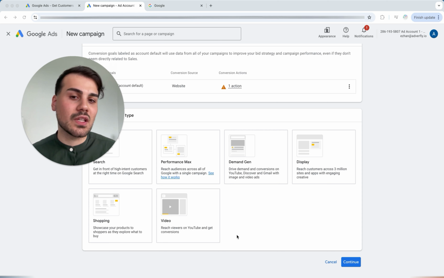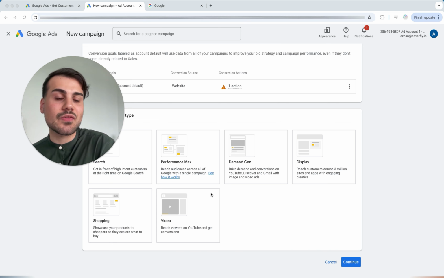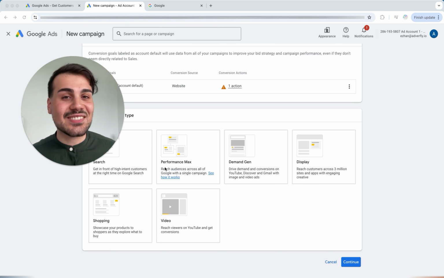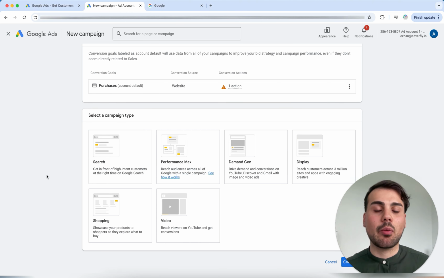And last but not least, we have a Performance Max campaign. Performance Max is not a separate type, but it is just a combination of all of them. That means that you give Google all the advertising materials, and Google itself takes care of all the placements, which channel gets what. It is more for the experts. Therefore, it is not recommended to use it for the start, because this type of campaign, Performance Max, needs data beforehand. So of course my recommendation is that you always, especially if it is the first campaign, start with a search campaign and then continue to expand and test yourself in new areas.